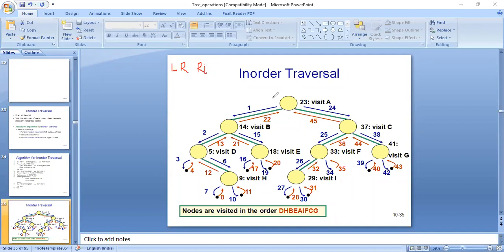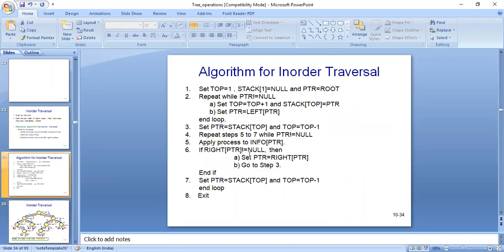That means whenever we are having one root, we will check for its left, we will process it, then we will process the root. Afterwards, we will process the right of that particular node. Apart from this, I'll be showing you the example with the help of the algorithm. So let's directly jump into the algorithm because we have already discussed this example in the previous session.